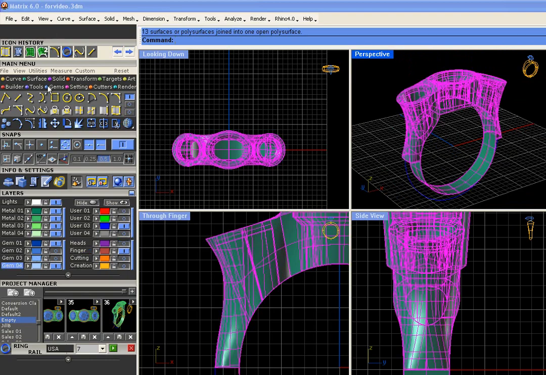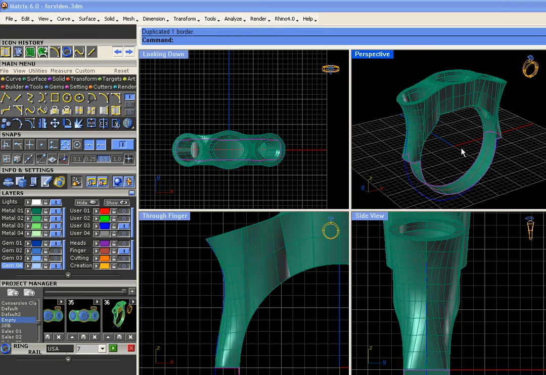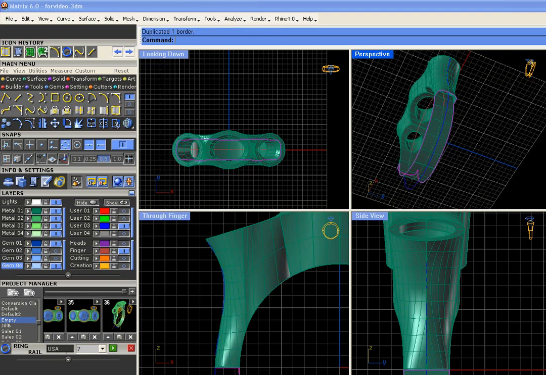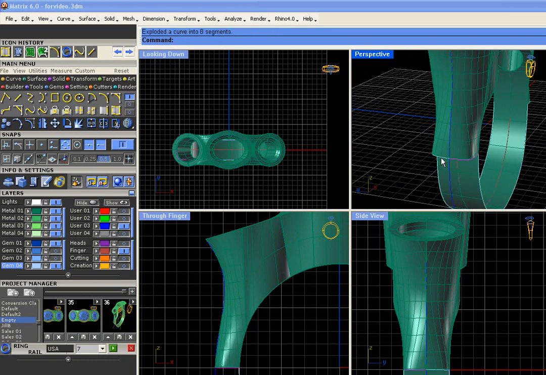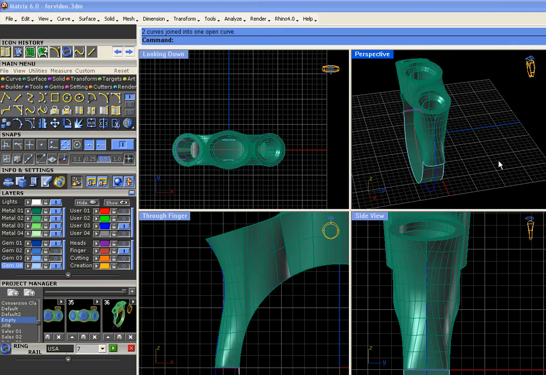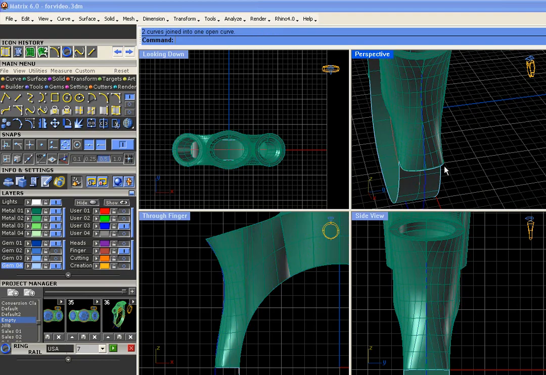So go ahead and dupe the border one more time of this thing. This will also tell you whether it's closed or not. Always a fun adventure. Ha ha ha, it's closed. You guys doubted me. All right, I won't say that too soon though. So go ahead and explode this. Take the profile that remains, the little guy here, join him together, join his neighbor together,